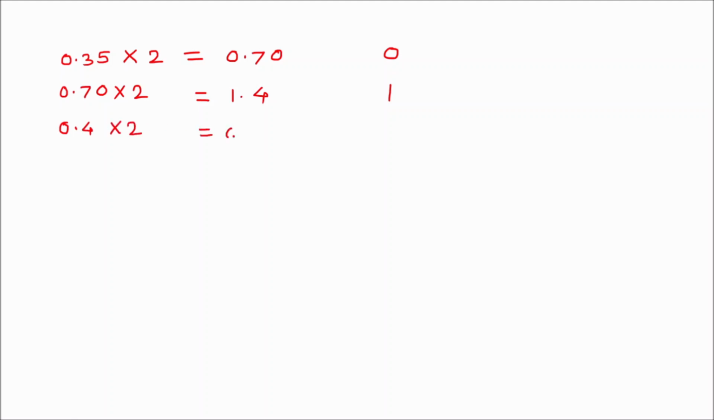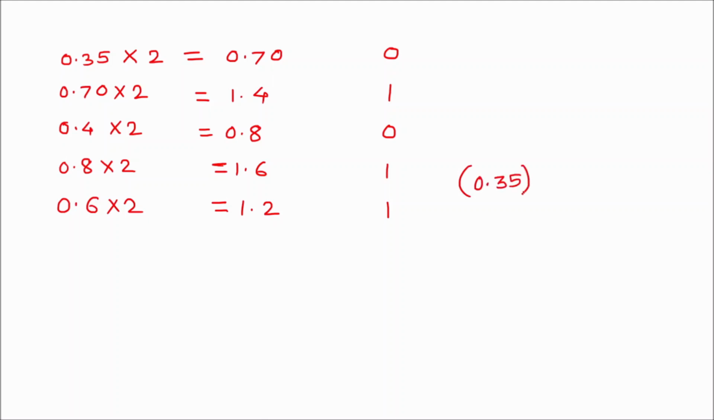So that is a 0.8. So here integer part is 0. So you have to write 0. Then again 0.8 into 2. So you can write 1.6. So integer is 1. So you can continue till 4 places. You can continue till 5 places. Then again we will take fraction part 0.6 into 2. So that is equal to 1.2. So answer is 1. So we can write